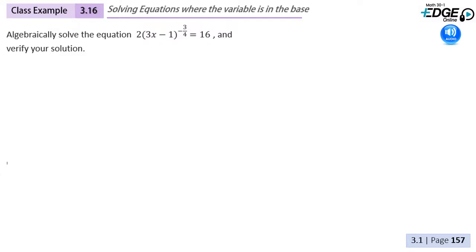Class example 3.16 is a bit of an anomaly in this chapter. The reason for this is we'll solve an equation where the variable is in the base. That means it is not an exponential equation. An exponential equation has the variable in the exponent. As we saw in earlier examples, we solve exponential equations by writing common bases, or as we'll see later, by